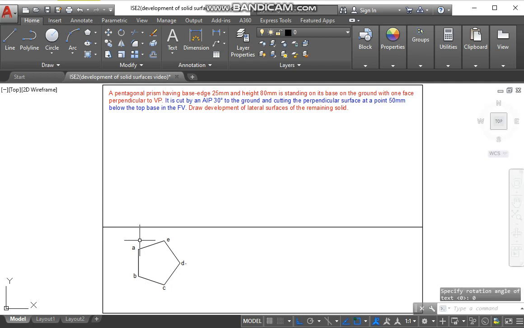So now we will take the projections and draw the front view of the pentagonal prism.